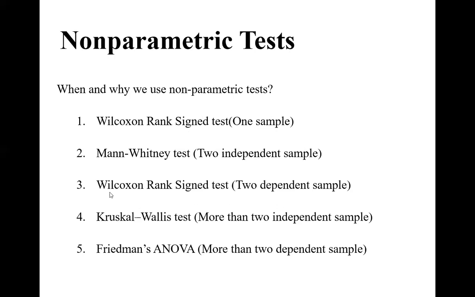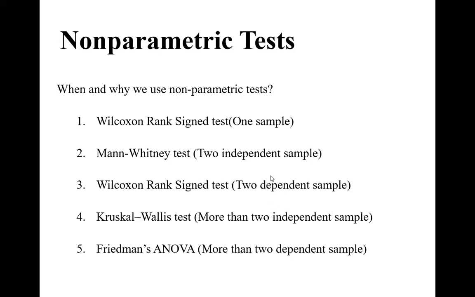So here we use the Wilcoxon signed-rank test, and then Kruskal-Wallis means more than two independent sample test. It's an extension of the Mann-Whitney U test, because in a Mann-Whitney U test we compare only two groups, but in Kruskal-Wallis we can theoretically compare unlimited groups, though generally we take 3, 4, or 5 categories.